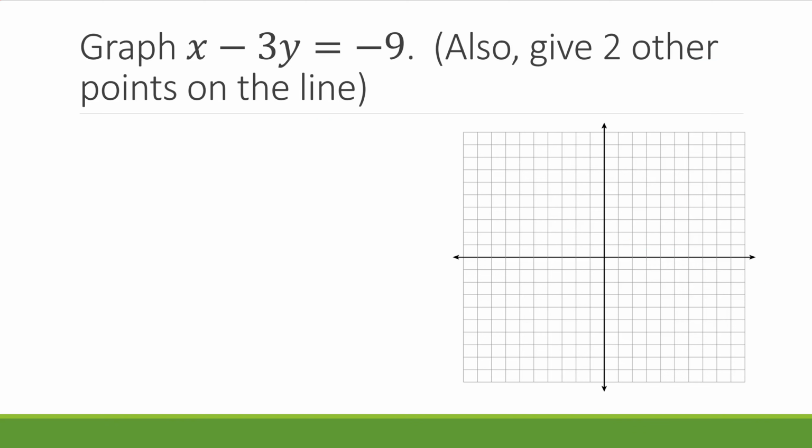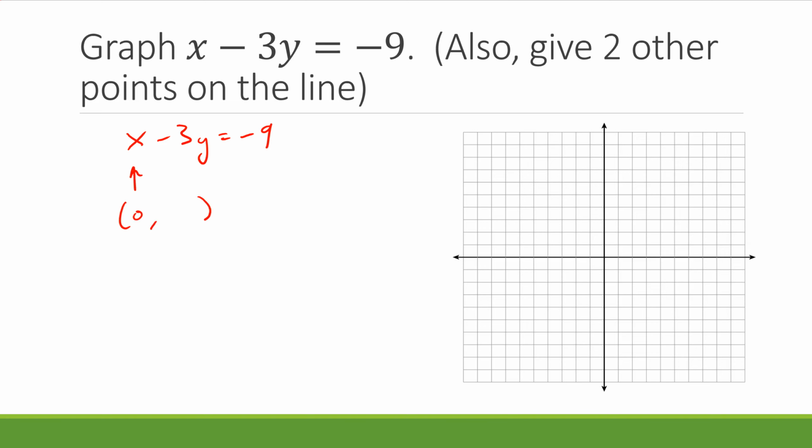This is a pretty simple topic. I want to graph x minus 3y equals -9. Again, I'm going to use the intercept method. And remember, the main idea with the intercept method is I want to plug in the easiest possible value for x and y. So if I plug in 0 for x, let's see what y equals,